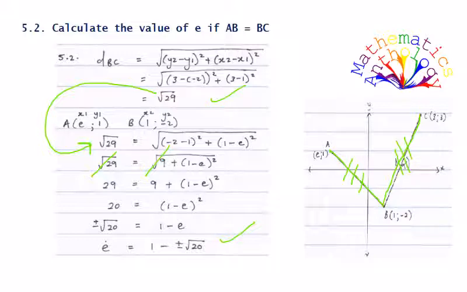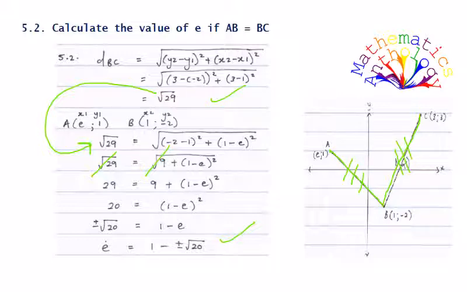Now the word distance should take your mind to your data sheet, where you have your distance formula that you can use. In this case, we can't directly find the value of E because we don't have the distance of AB. We don't have anything else there to solve for that x-coordinate of A. So we'll use the distance formula, but we will use the distance of line BC first to get to point A. So if we find the distance of line BC, you can label your points B and C, x1, y1,